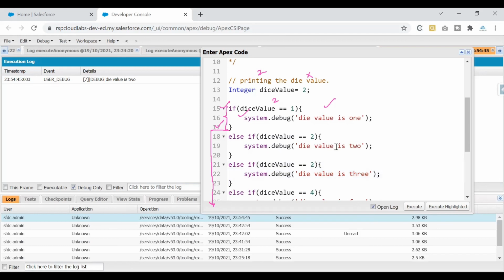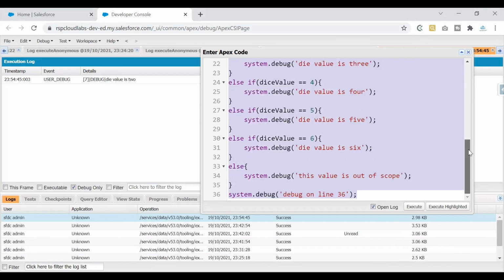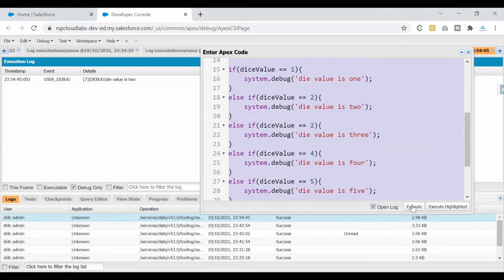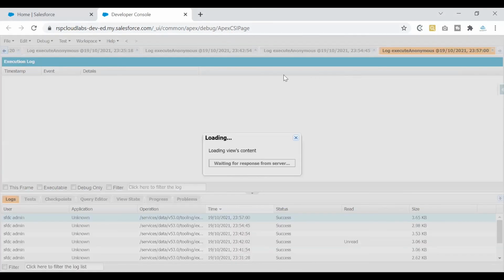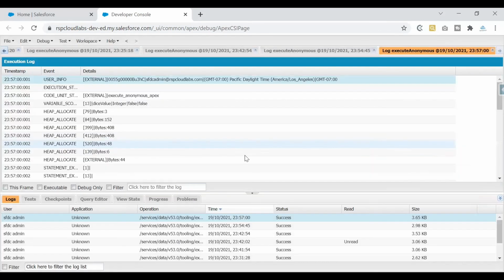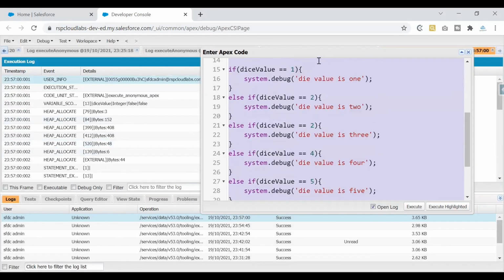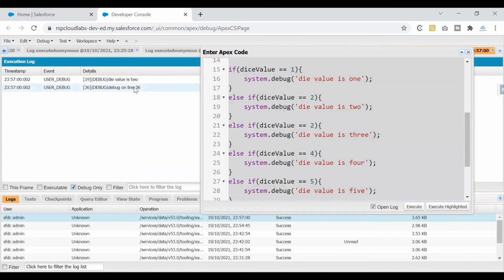Now I'll go ahead and execute this logic. In case you want to guess, pause the video and guess the result. In 3, 2, 1, I'll reveal the answer. I'll click on execute so that you do not get confused about the numbers. So our debug log is generated. This is our latest code. If I check for debugs only, you can see here,